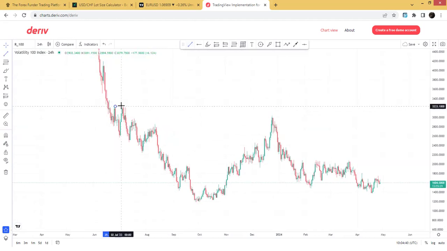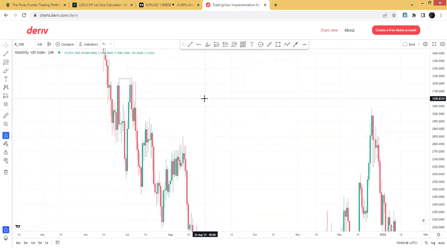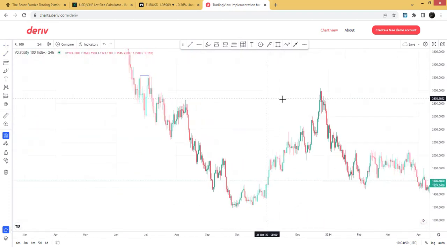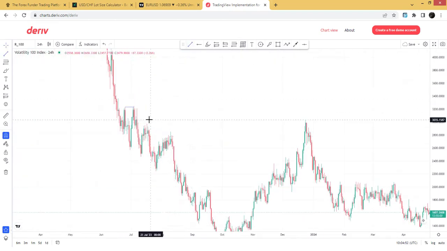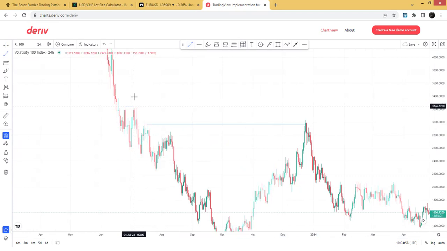So you can see that there's a sweep here, right? No matter how small, a sweep is a sweep. Okay, so you can see that there's a sweep there. All right, and then we can take this as a structural liquidity, this point. Okay, so this is our protected high. Okay, so this entire area around here is your